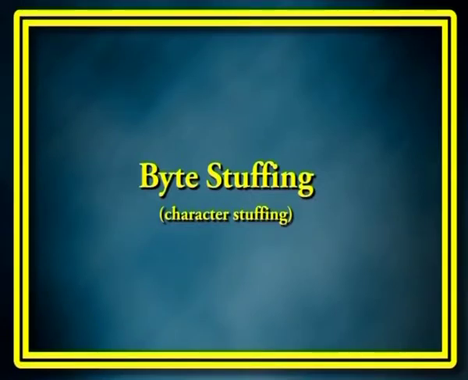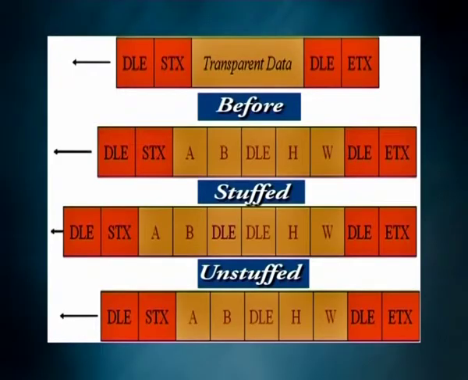The second framing method is flag bytes insertion using byte stuffing. This is also referred to as character stuffing. Just see the figure. ASCII characters are used as framing delimiters, for example, DLE STX and DLE ETX. The problem occurs when these character patterns occur within the data. The solution to this problem is to stuff an extra DLE into the data stream just before each occurrence of an accidental DLE in the data stream.